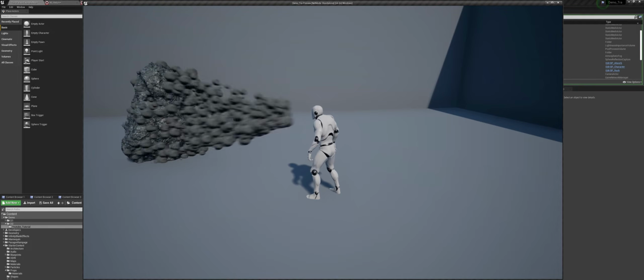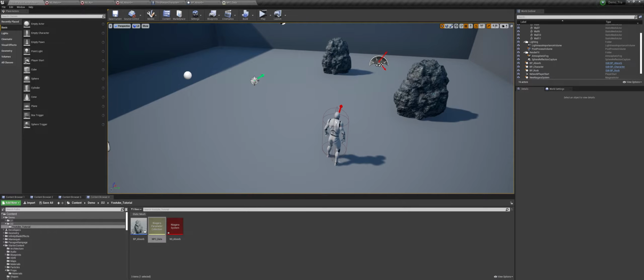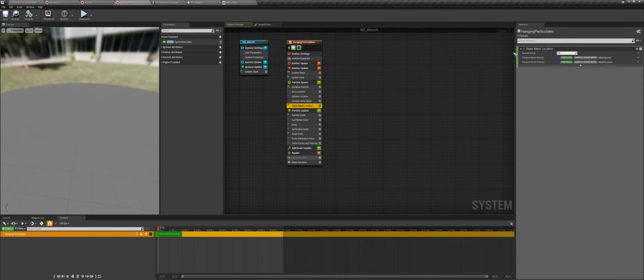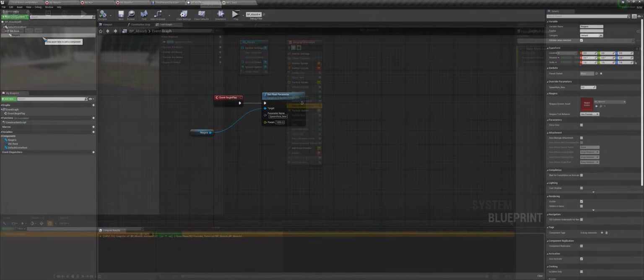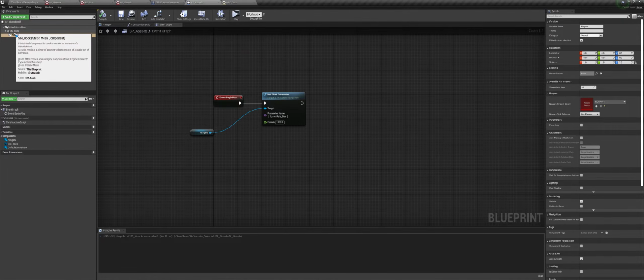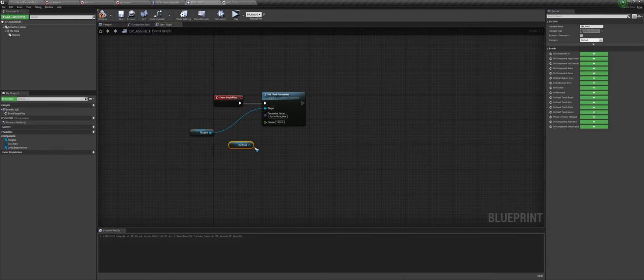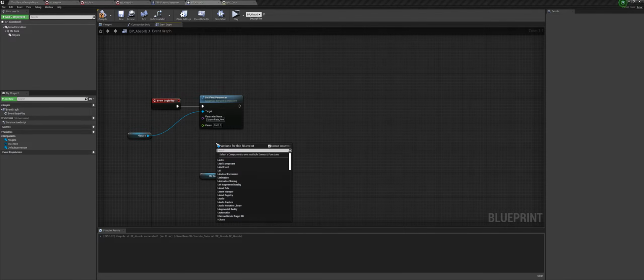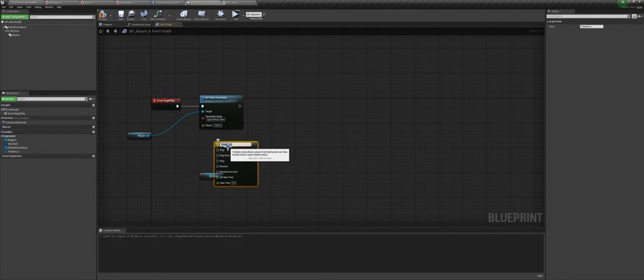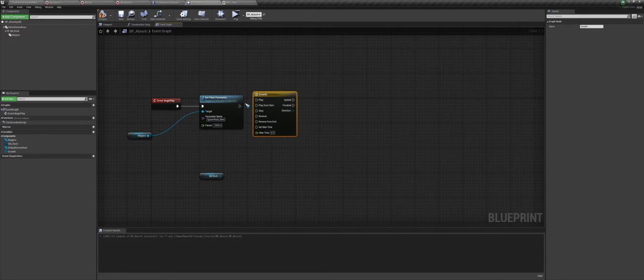So to make the rock very small, we can actually do that in the material, but if you do that in the material, it won't update the Niagara system, and then we need to update the particle mesh normals and position, etc. So an easy way to get that done is by scaling it using the blueprint. So you can bring in the rock, then we can right click and type in timeline, and we will call this growth. Then we will connect this to play from start,